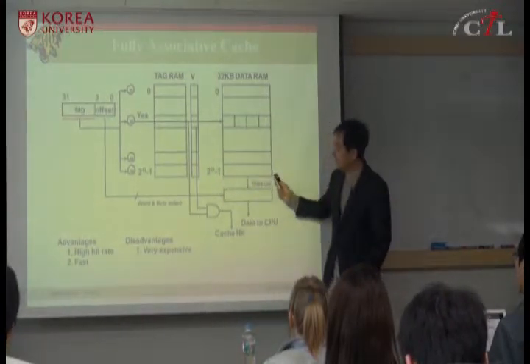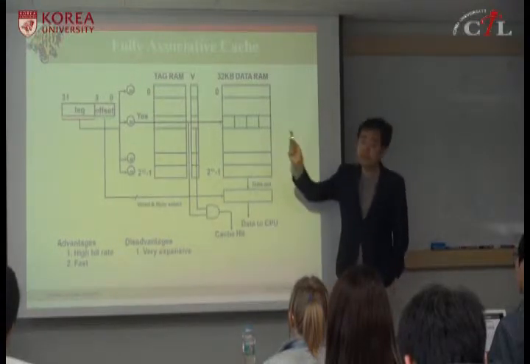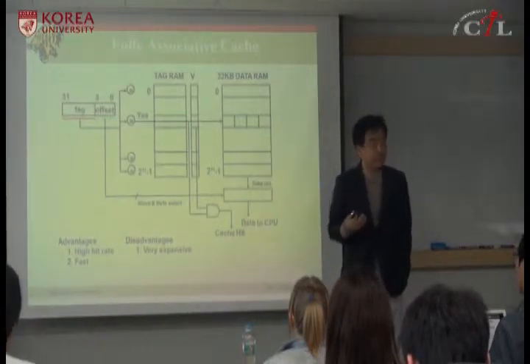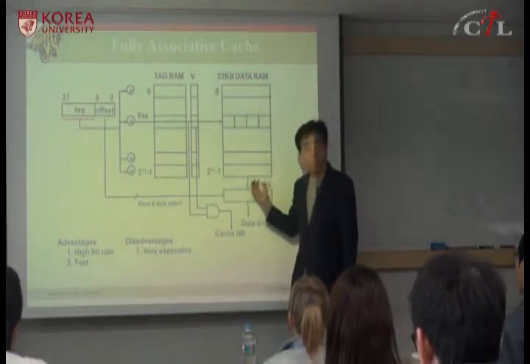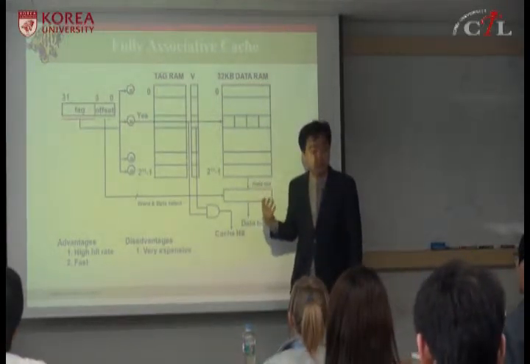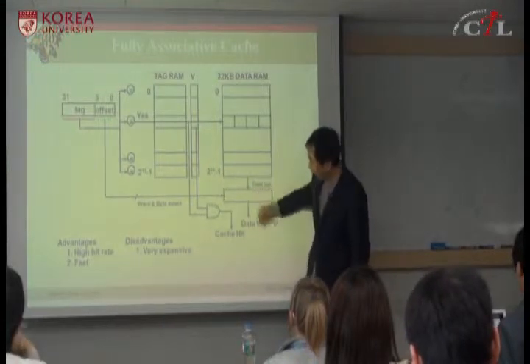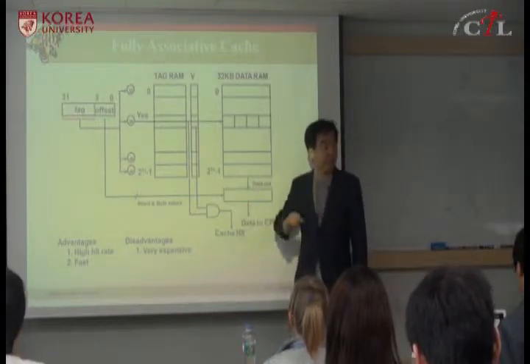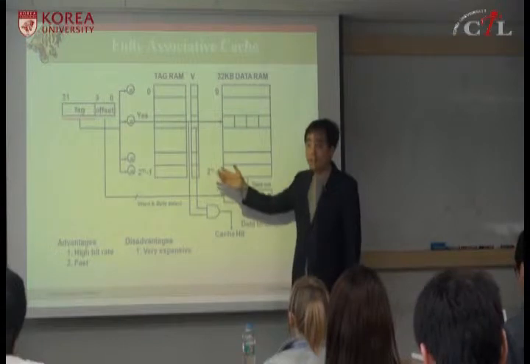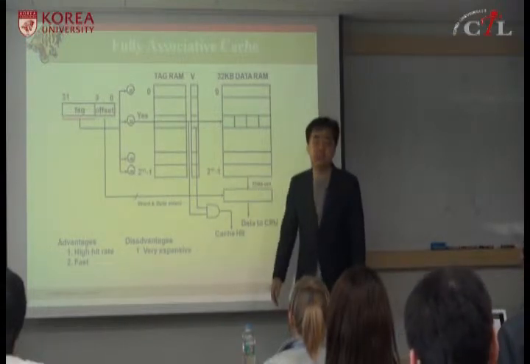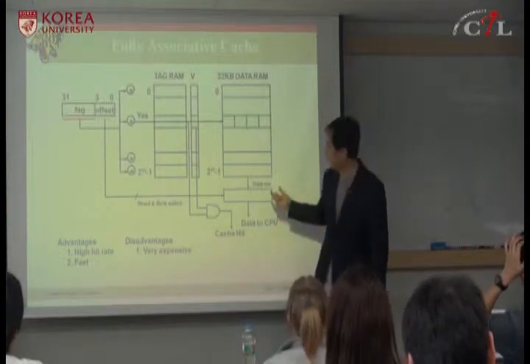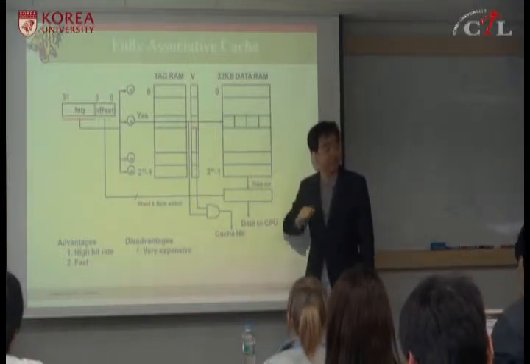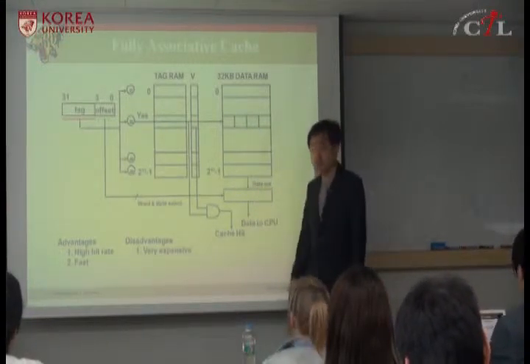So if the offset is 0, starting from here, if this is the program counter, the instruction address, for MIPS you need to extract 4 bytes, because a MIPS instruction is 4 bytes. Extract 4 bytes and send them to the pipeline. If it's a data address, if the instruction is a load half-word instruction, then you need to extract 2 bytes and send them to the pipeline for a 32-bit processor.